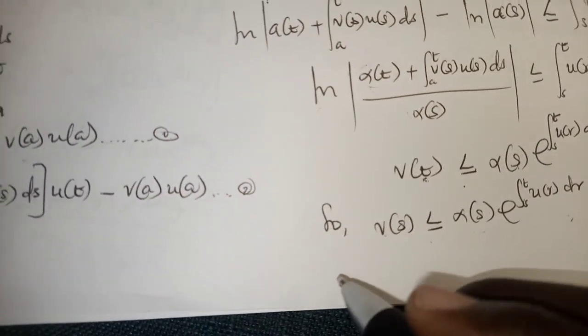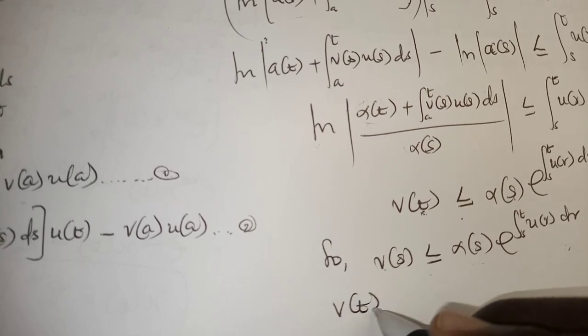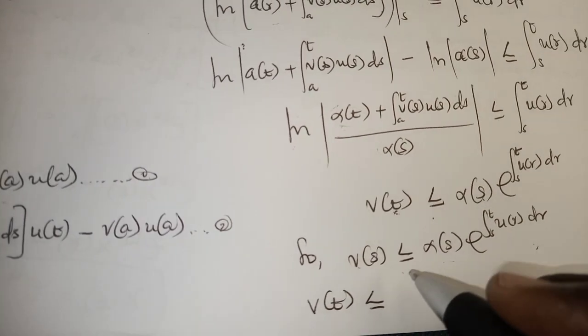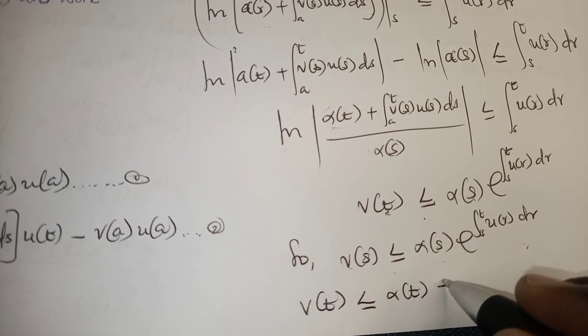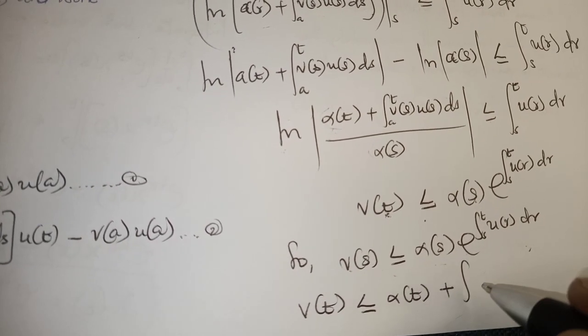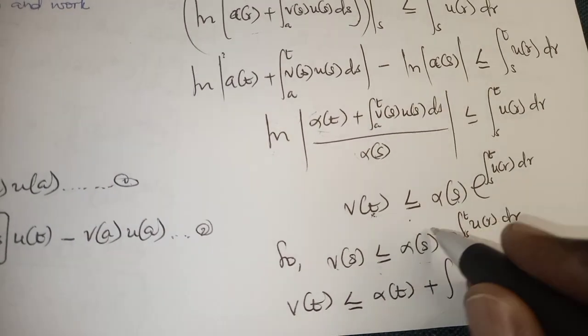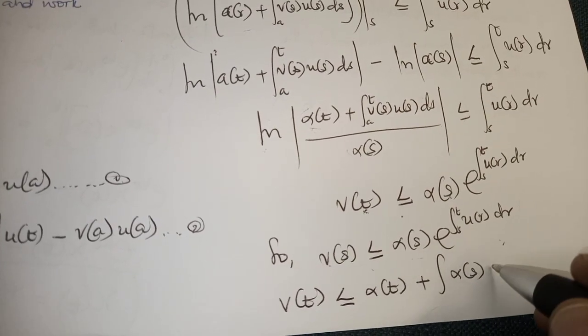So we have v of t less than or equals to alpha of t plus the integral, then v of s. Instead of v of s, this is what we write now: alpha of s, then e